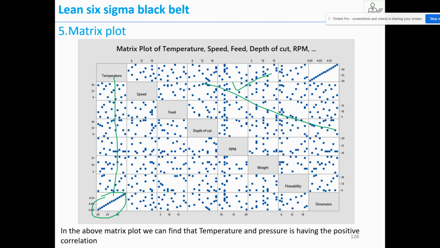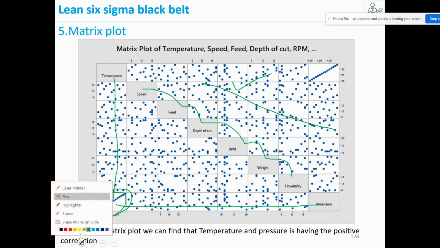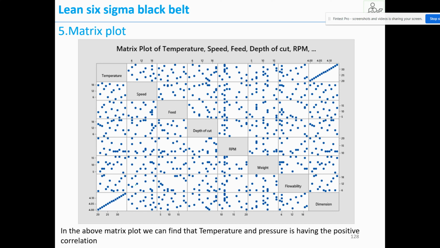If you take the x-axis as the dimension and the y-axis as temperature, there is a direct positive correlation. That means as the temperature increases, the dimension is also increasing. We can ignore all other parameters with respect to the dimension and say temperature and dimension have a correlation. So this is how we can make a matrix plot.